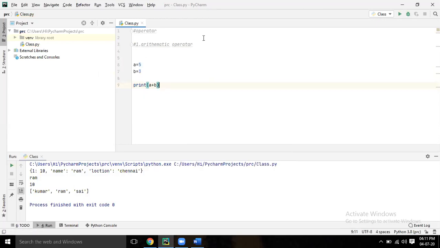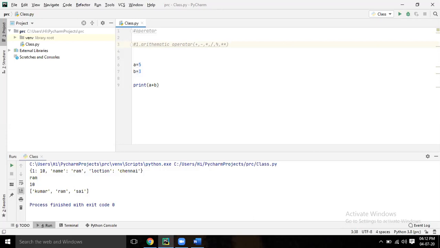So in the arithmetic operator comment, in the bracket you write: addition is plus, comma, minus, comma, into, comma, division, comma, modulus is percentage, comma, double star is power, the exponent.